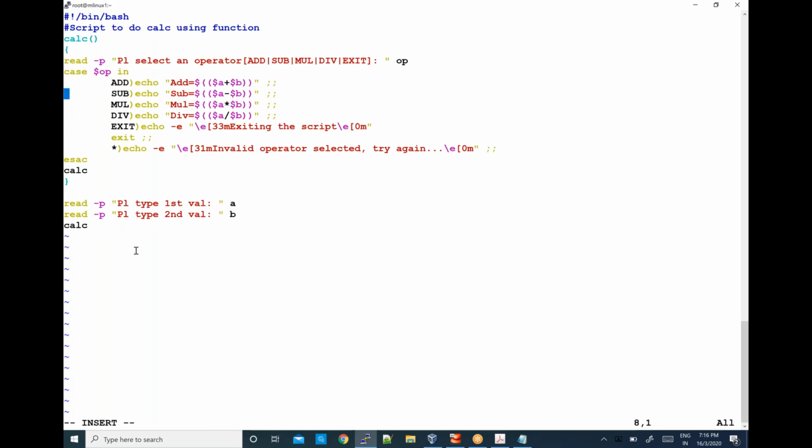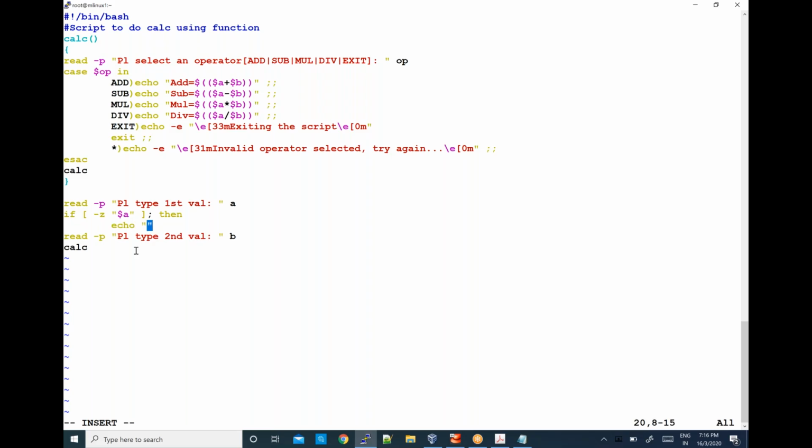See here, I'm simply performing that activity. If the user does not give any input, what will my script do? Nothing. So here you can go for an if condition. You can check whether there is zero length given for $A. If it is zero length, then print this message,